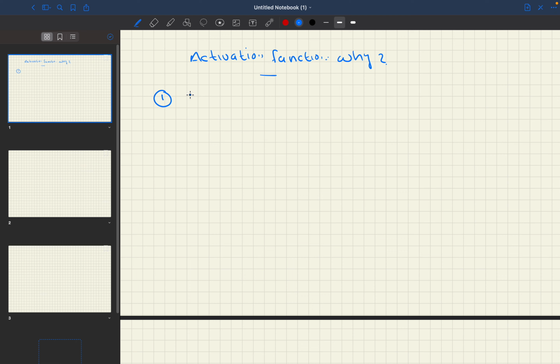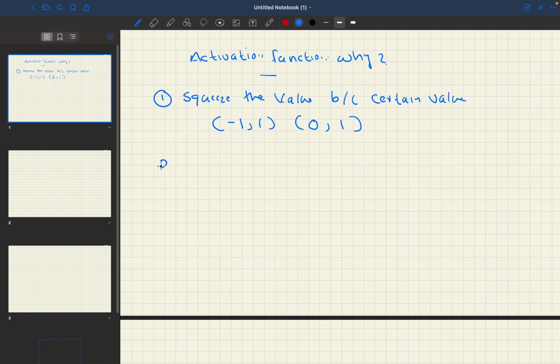One is it ensures, or it will squash, the value between some range, between certain values. For example, it may reduce the value to between -1 and 1 if you use tanh, or if you use the sigmoid function, the value will be between 0 and 1. So that is one use of the activation function, and the second one is to introduce